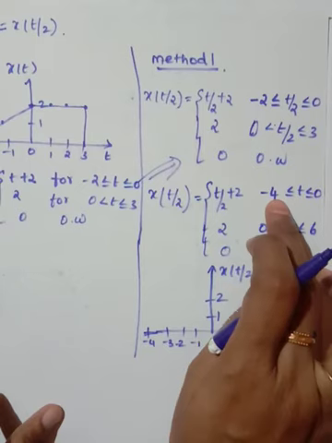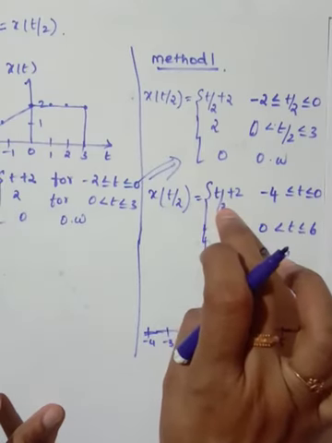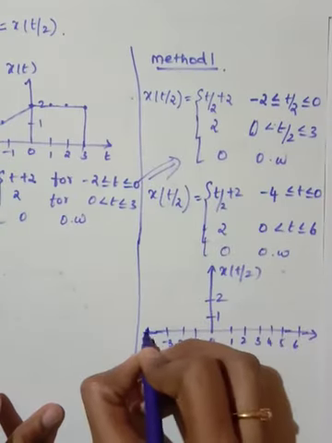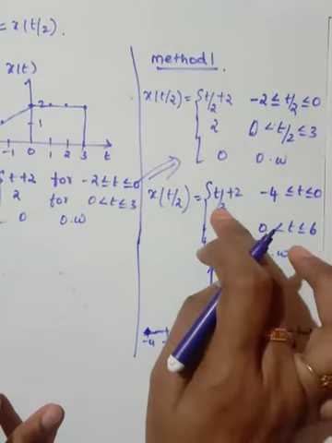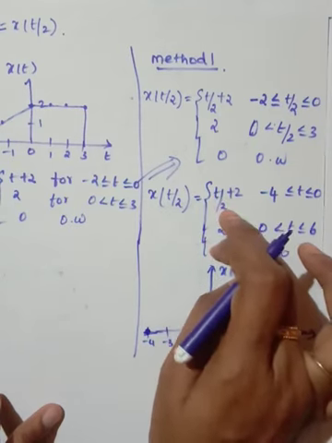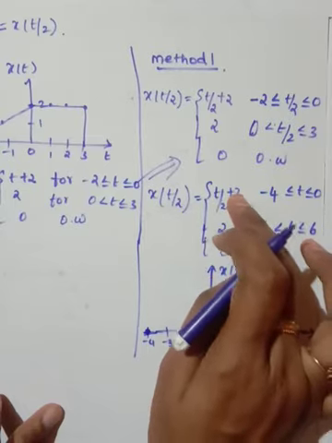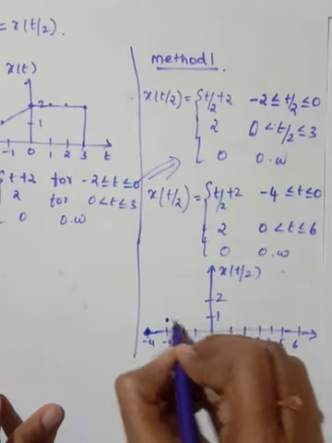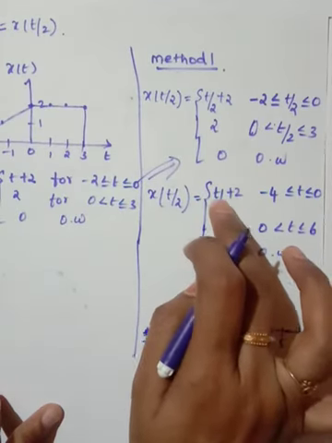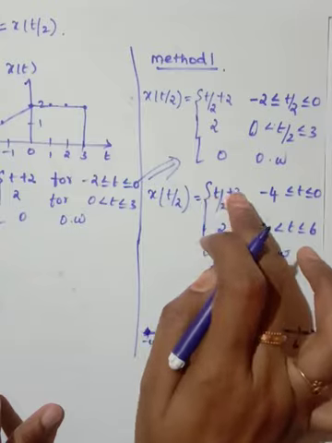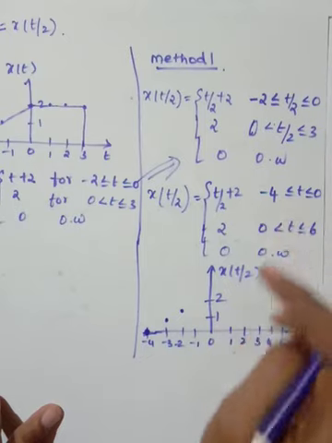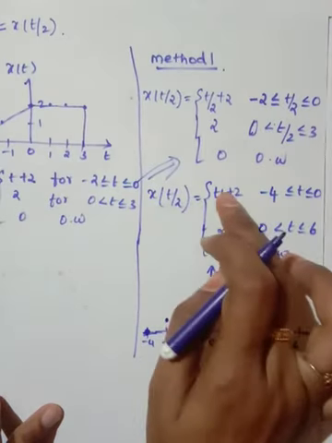Now see this. When you take minus 4, minus 4 by 2 is minus 2, so minus 2 plus 2 becomes 0. Next, take minus 3. Minus 3 by 2 is minus 1.5, plus 2 is 0.5 here. Next substitute minus 2. Minus 2 divided by 2 is minus 1, and minus 1 plus 2 is plus 1. So here you will get like this. The next one is minus 1.